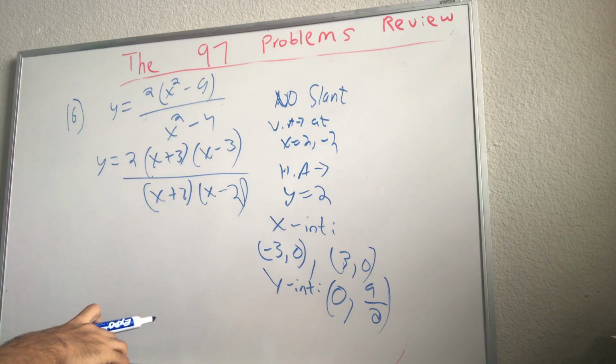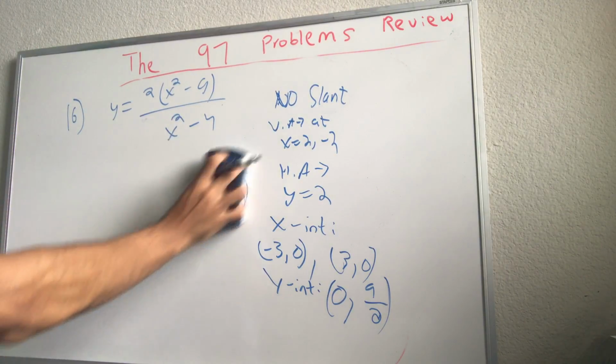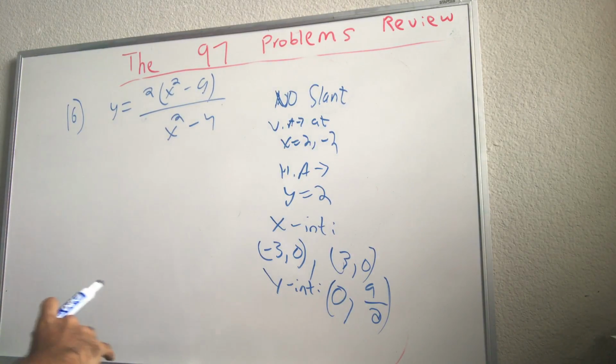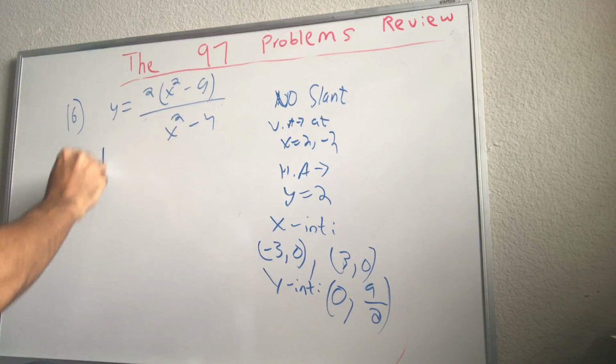So let's just graph this here. So I can just erase this. And you see here that we don't have any holes because our factors in the denominator are distinct, right? They're not canceling out with any factors in the numerator. So if we graph this over here,